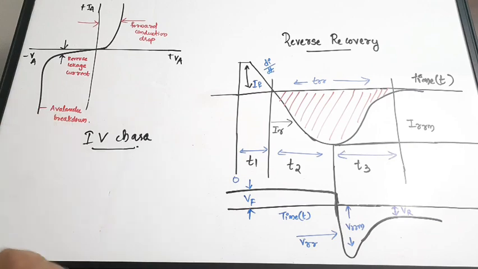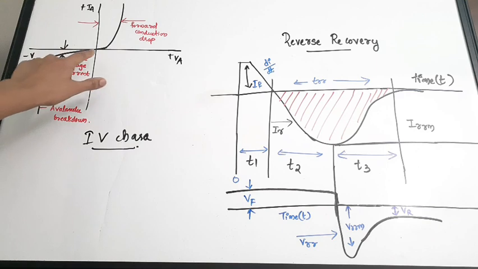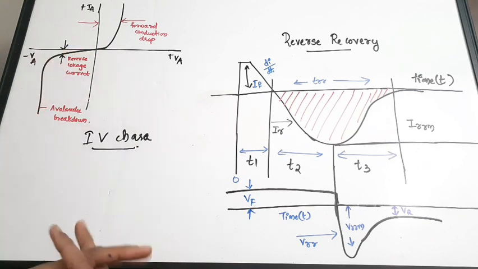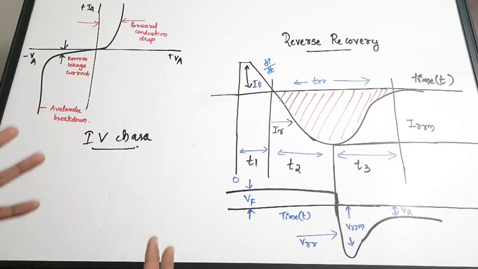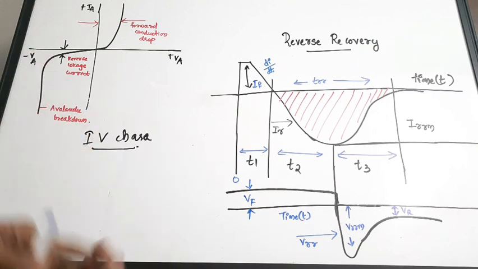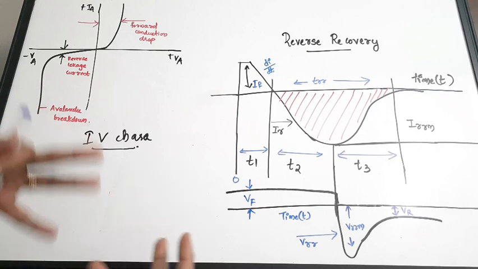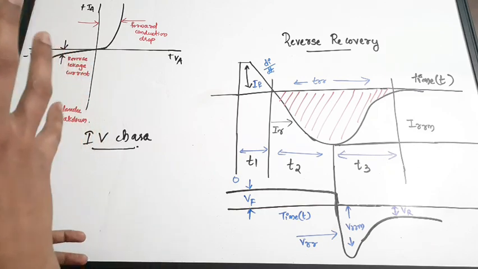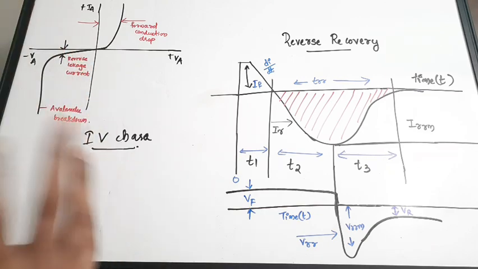Now, this is the negative quadrant. The diode is in reverse bias condition. So even if the diode is in reverse bias condition, there is a small current value. You can see till here, there is a small current flowing, and it is actually due to the minority carriers, or it is a leakage current. Okay, it is not a predominant current, it is a leakage current which is due to the minority carriers. But after a point, when we further increase the reverse bias voltage, what will happen? Avalanche breakdown will happen, and then the current will shoot up again, and it is due to the avalanche breakdown. So this is the normal diode curve, just the same as the normal diode curve.